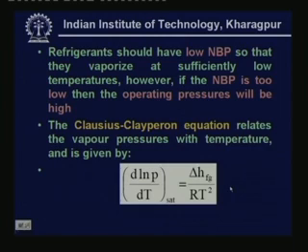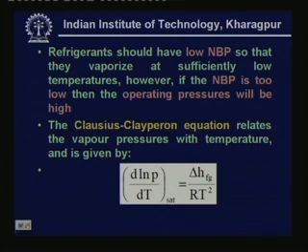Now, a refrigerant, as I said, should have low normal boiling point so that they vaporize at sufficiently low temperatures. As I said, if you want to produce low temperatures at reasonably high pressures, then the normal boiling point should be low. However, if the normal boiling point is very low, then the operating pressures will become very high. That means a normal boiling point should lie within a certain range for the fluid to be useful